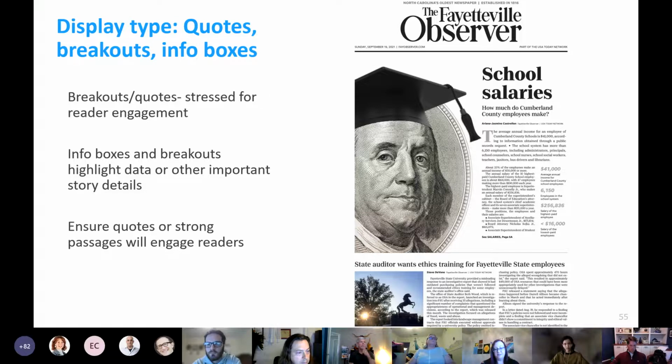Newsrooms are more than welcome to provide breakout and info boxes for designers to utilize on the page with a story package. If time permits, designers can also look for items to pull out of the story text to use as a breakout themselves. Be sure to verify the accuracy of the information you use. Pull quotes are also excellent display type tools that can add more impact to your designs. Look for strong, emotional, and/or detailed quotes or passages that engage readers. The voices of others can resonate with and create connections with readers.